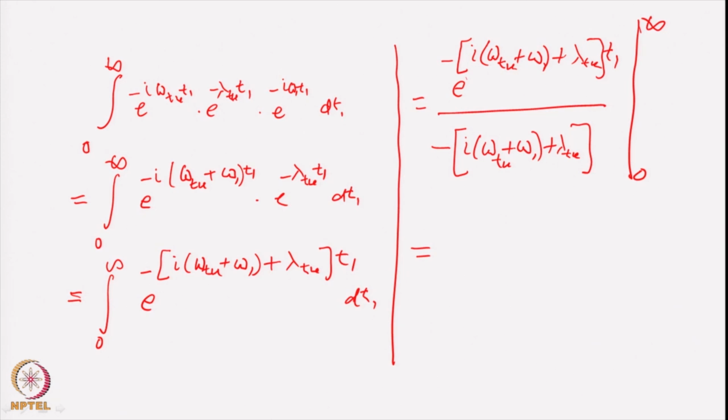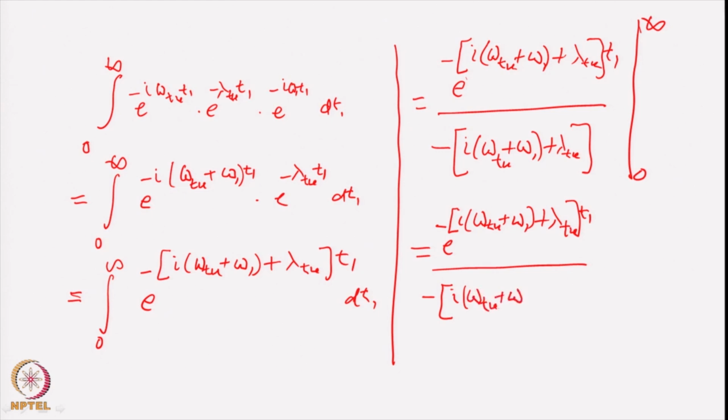So, this is explicitly writing it as e to the minus i omega Tu plus omega 1 plus lambda Tu T1, divided by minus i omega Tu plus omega 1 plus lambda Tu, at T1 equal to infinity, minus the same expression